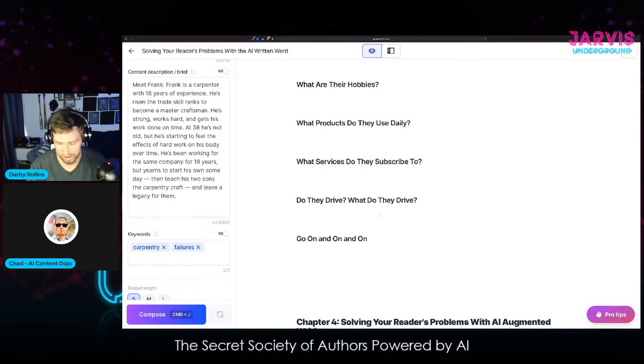Because one of the things I found when you get into the weeds of writing a book is that you're kind of in your own head, writing things out, and it can be easy to trail off if you're not really clear on who you're talking to at the start. I've heard people use tricks where they literally print out a picture of their customer persona and tape it against the wall so they can look at it and say, okay, this is what I would say to that person in particular.